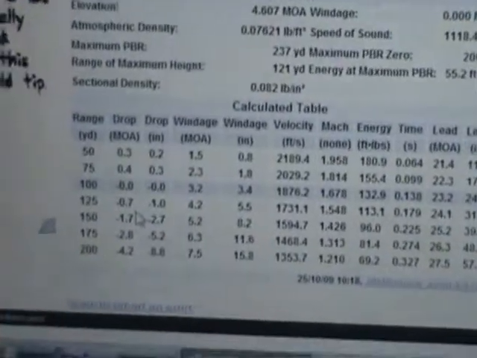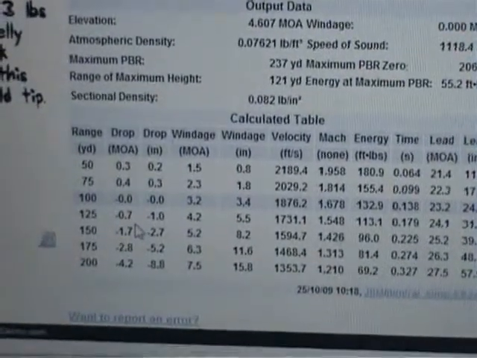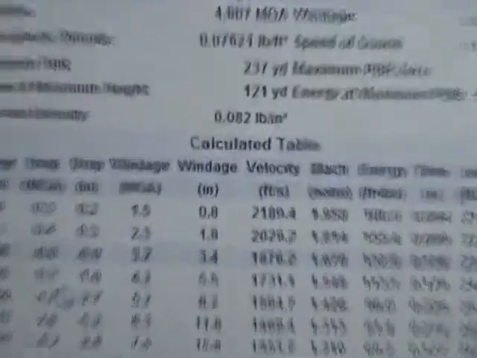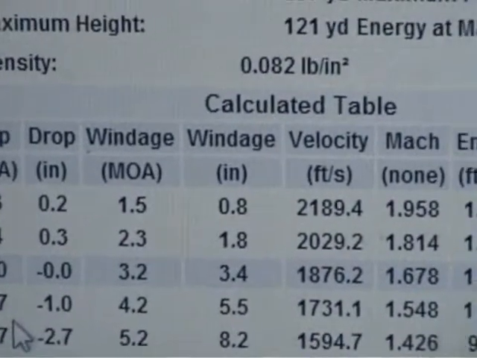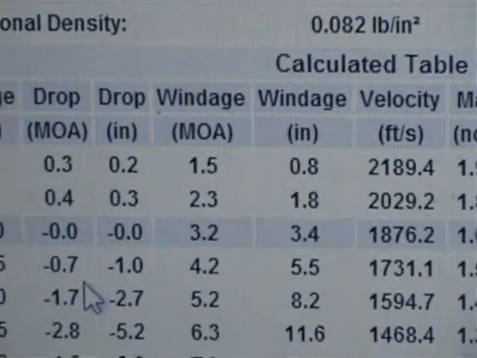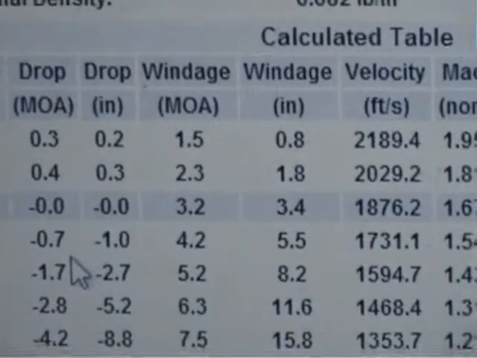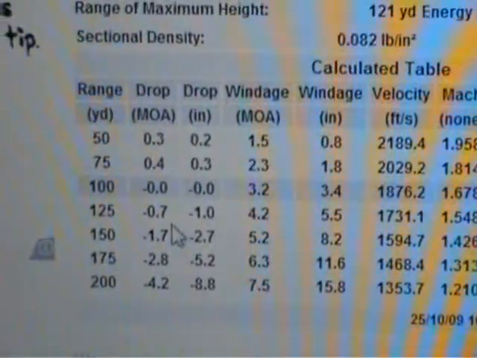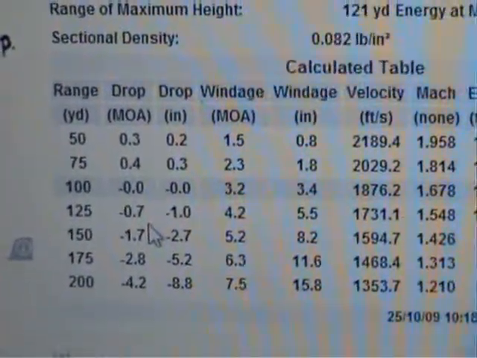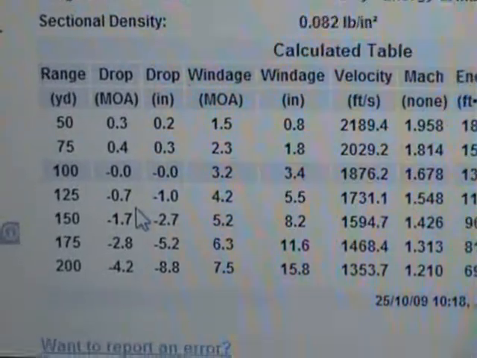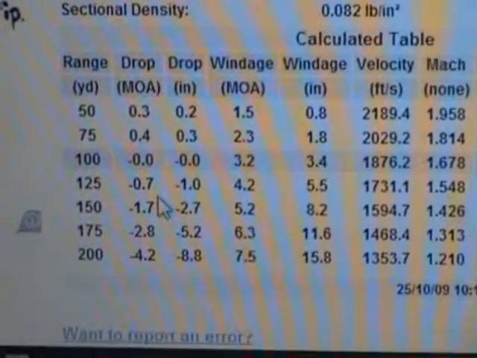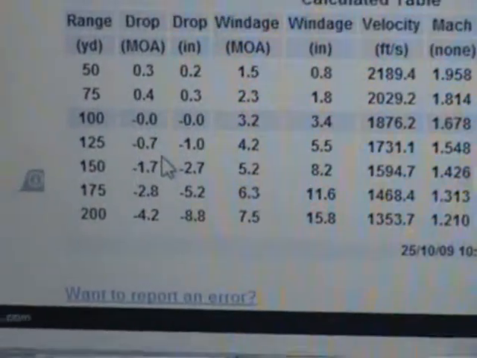gives you a range, 50 yards. The drop is 0.3 of an inch or 0.2 of an inch. You don't even have to correct for it. But what is very handy is your windage. What you put in, what you dial into your scope or hold off in a 10-mile-an-hour wind. So for my rifle and the bullets I'm using at 100 yards, the windage will be 3.4 inches off, and I dial in 3.2 minutes of angle, and so on and so forth,